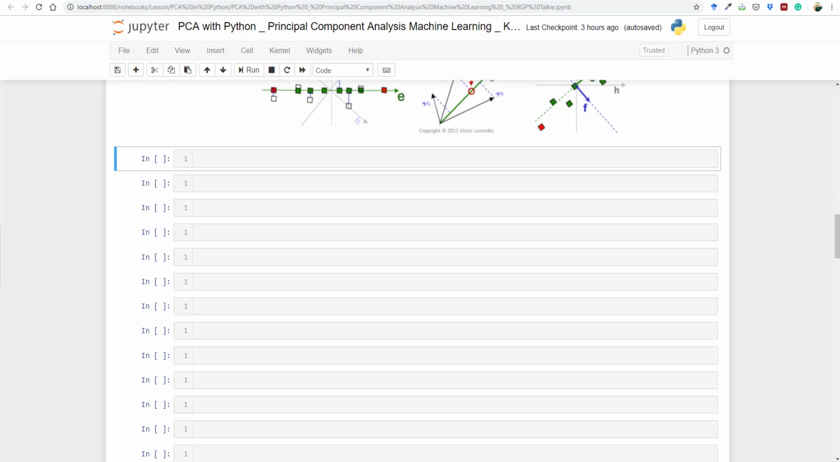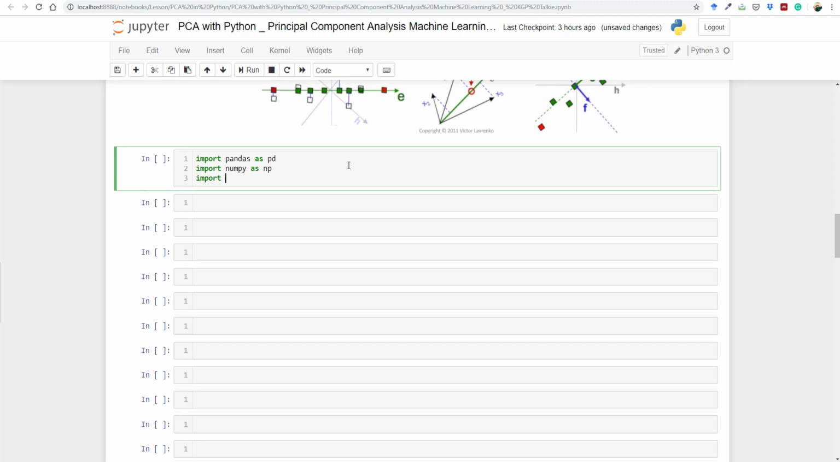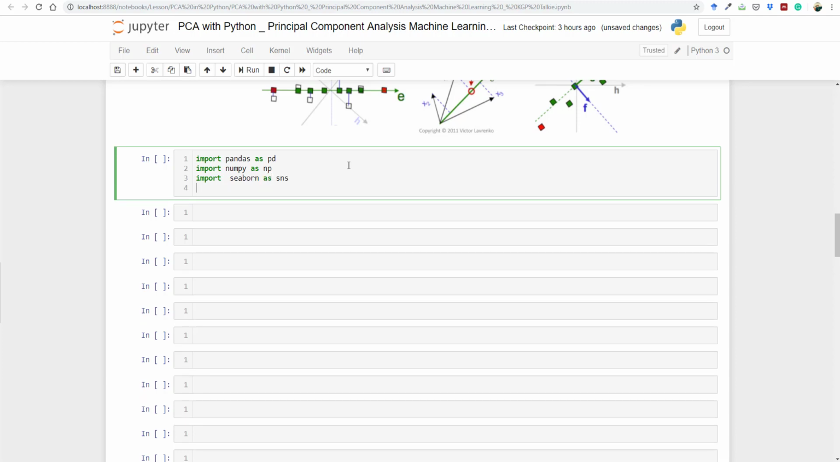But before loading a breast cancer dataset, let's go ahead and load other essential libraries in my Jupyter notebook. So first of all, we need to load pandas. You can type here: import pandas as pd, then import numpy as np, and then import seaborn as sns, and then import matplotlib.pyplot as plt. Okay, apart from that, let's go ahead and import datasets, metrics, and train_test_split from the sklearn